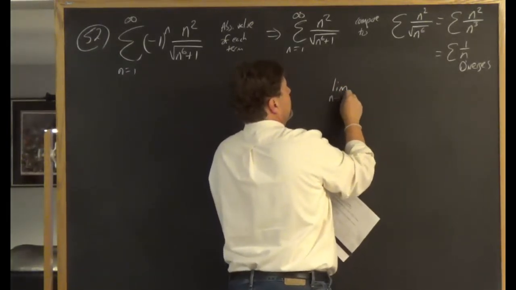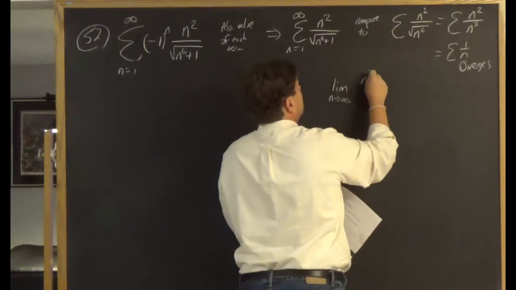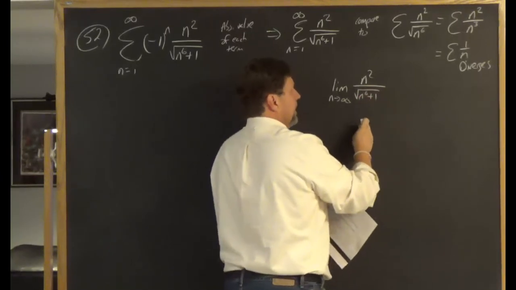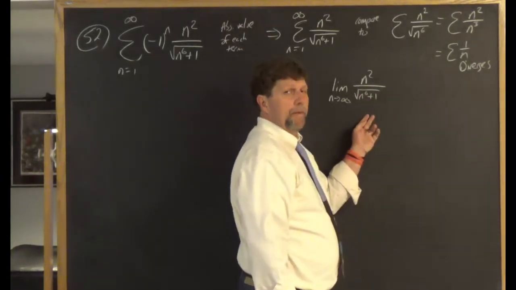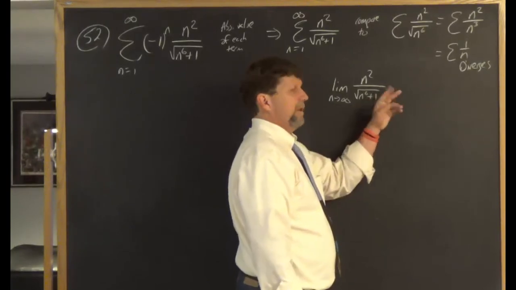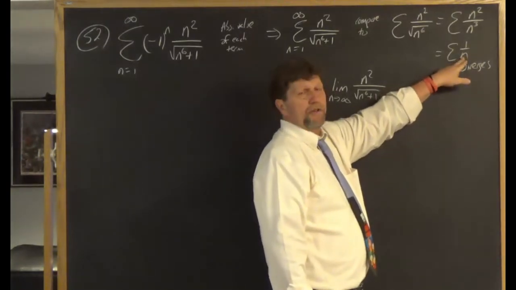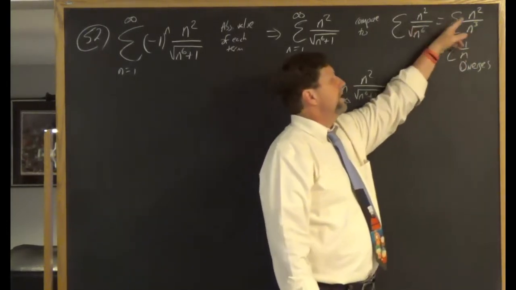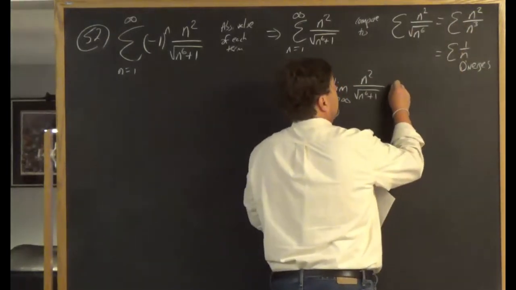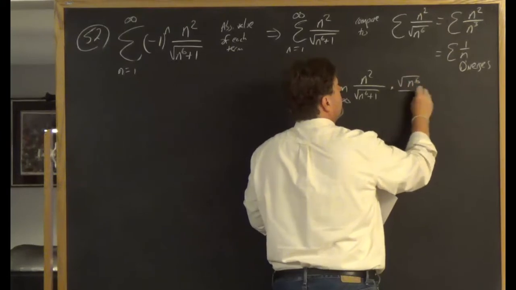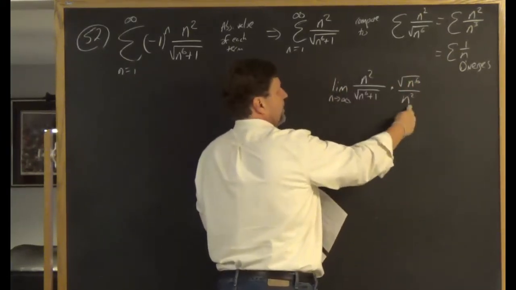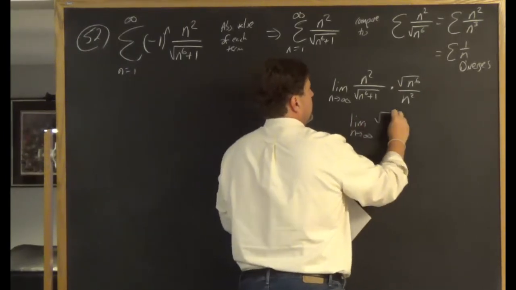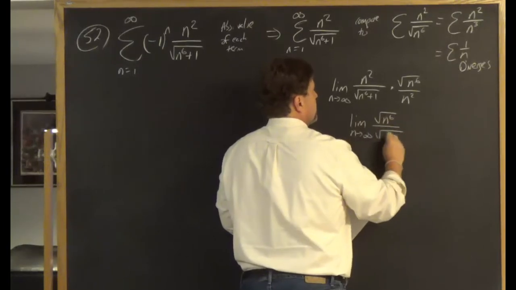The limit as n goes to infinity of a sub n over b sub n. Okay, so now I'm not going to write it as over b sub n. I'm going to multiply it by the reciprocal. I'm not going to use this version of b sub n or this one. I'm going to use this one before I did the simplifying. And hopefully you're seeing why I'm going to do that, because straight away the n squareds will cancel out, and I have the limit as n goes to infinity of square root n to the 6th